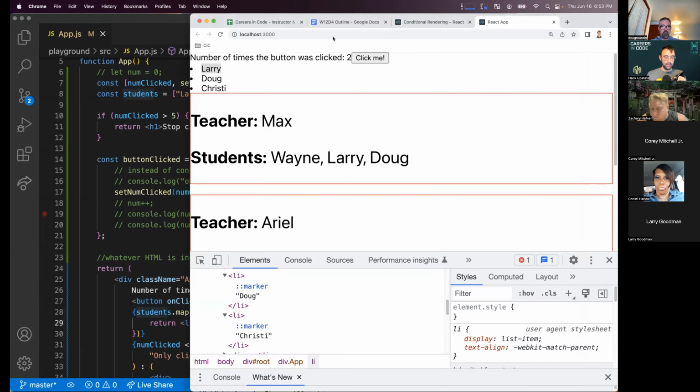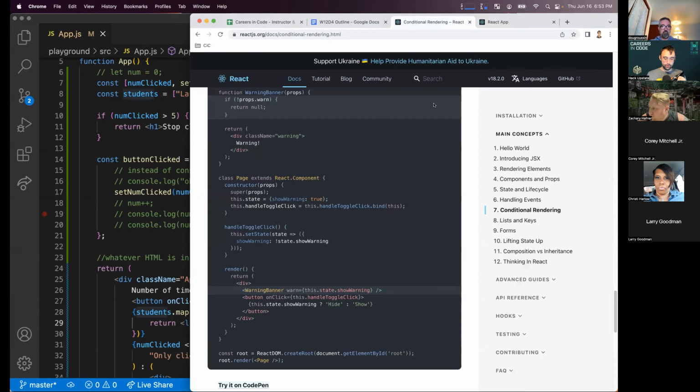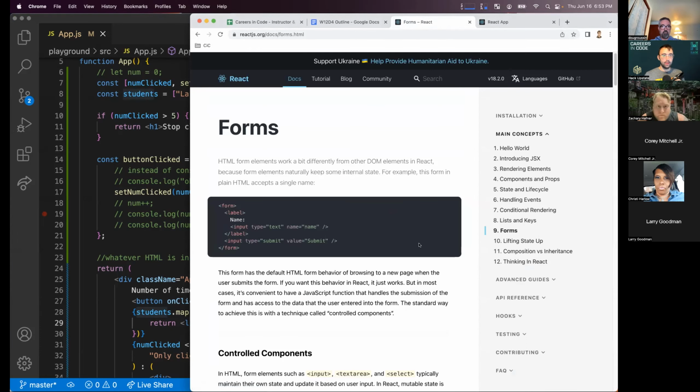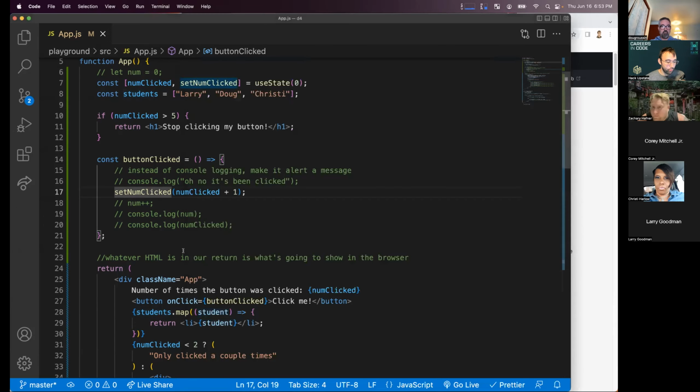Okay, last concept that we need to cover is forms. Now, forms, we're going to get a little interesting here. We're going to combine our practice with state with events. So if we come in here,